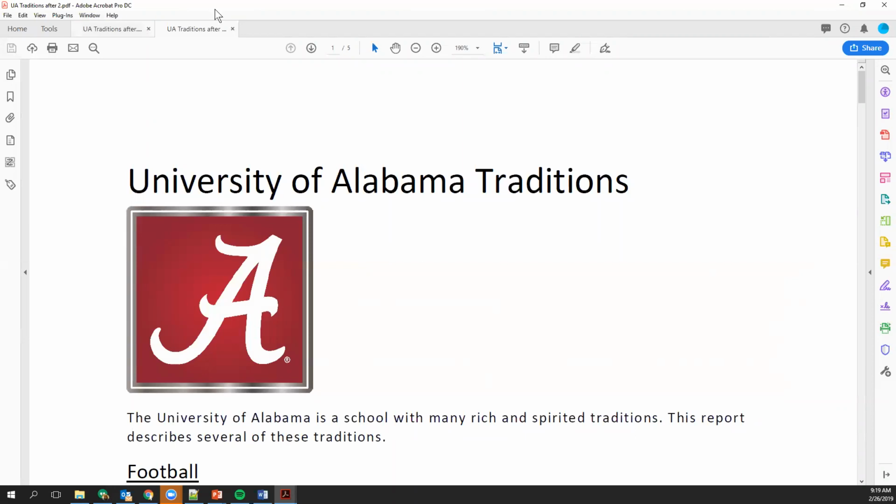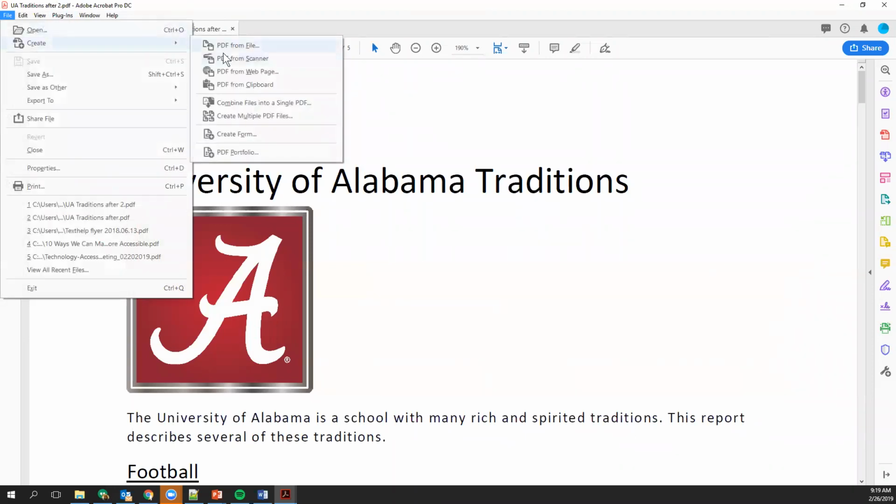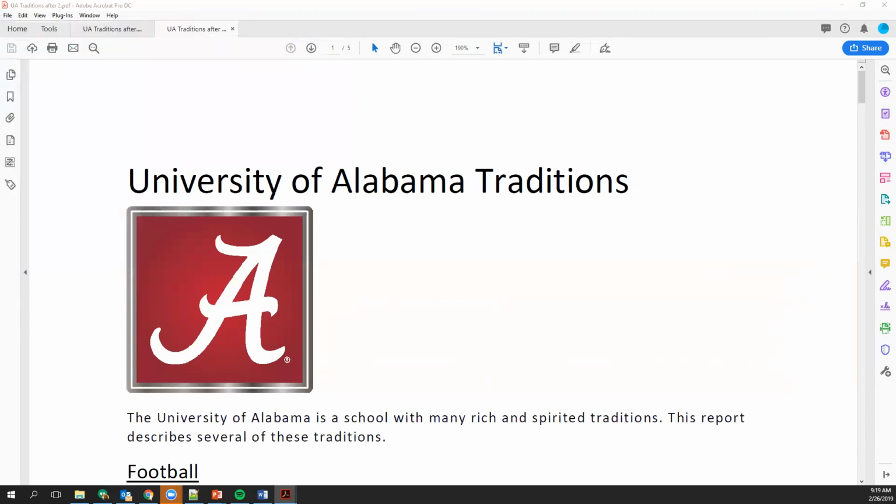So the way you would do that is by opening up Adobe Acrobat Pro DC and then going to File, Create, PDF from File, and you would then navigate to the Office file you wish to save as a PDF. I am working on a PC today,